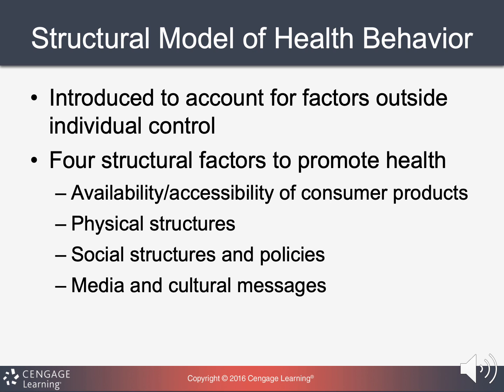So there are 4 structural factors: availability, physical structure, social structure, and messages. Availability is how accessible is that health behavior or the resources for that health behavior for the person or people. Physical structures are what's available in that person's neighborhood or their job that is going to be conducive to the health behavior or staying away from a certain behavior. Social structures are policies or laws or mandates that have people maybe social distancing or wearing masks on an airplane.